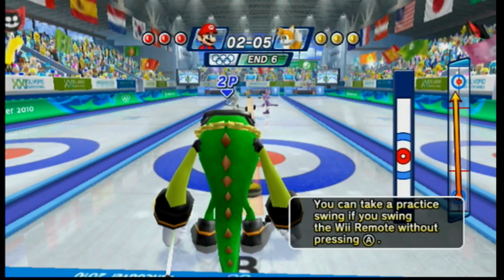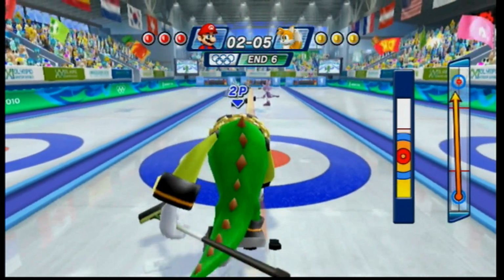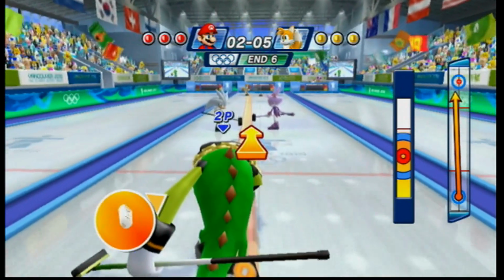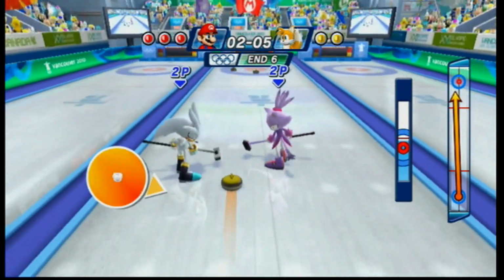And now getting ready to deliver another one here. Vector to throw this. This is the...